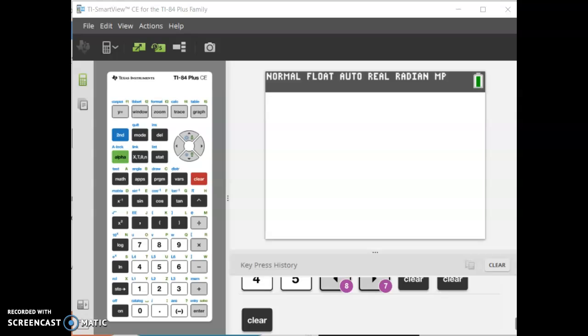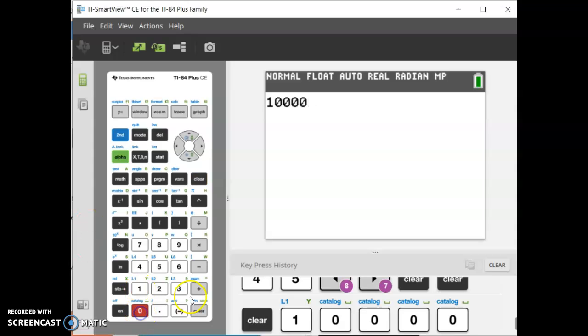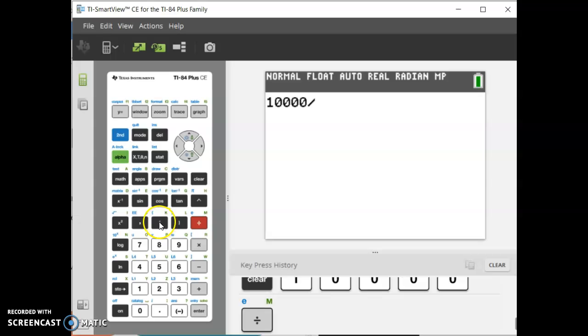Hi everyone. For anyone that wants to use their graphing calculator to evaluate how many people are infected, here's some steps or even maybe some shortcuts you can use if you're using the TI-84. So let's type in our equation. So it's 10,000, then divided by, I'm going to put parentheses, our 5 plus